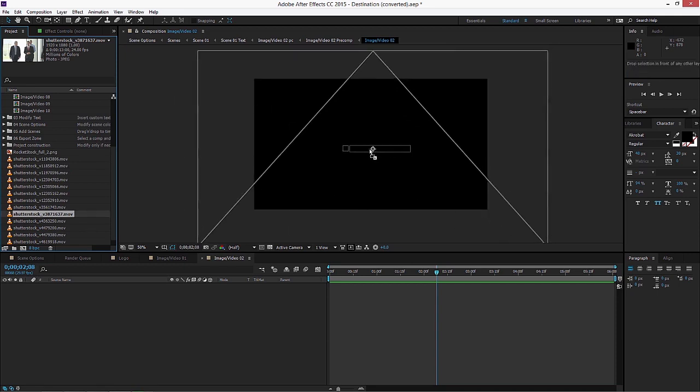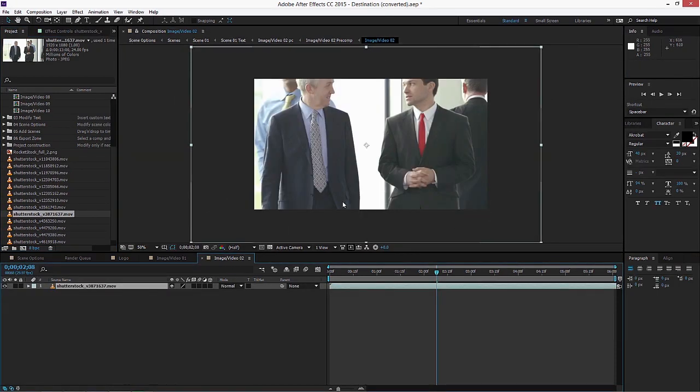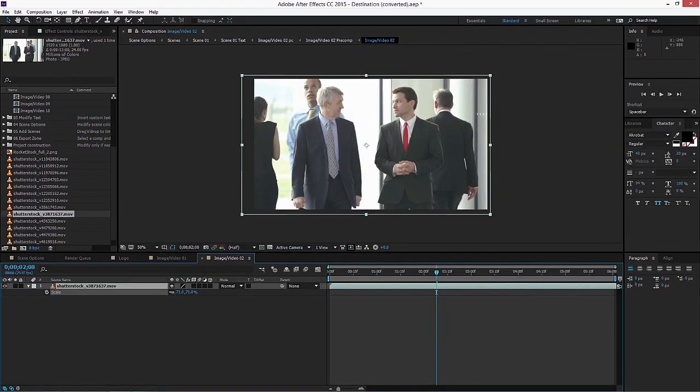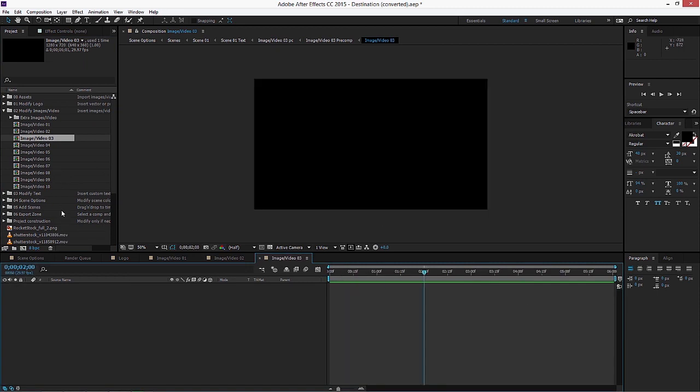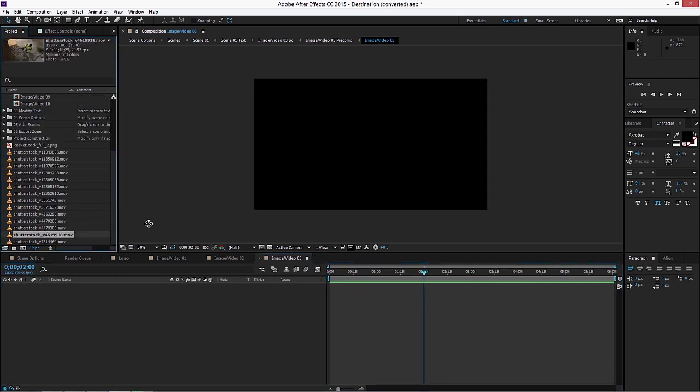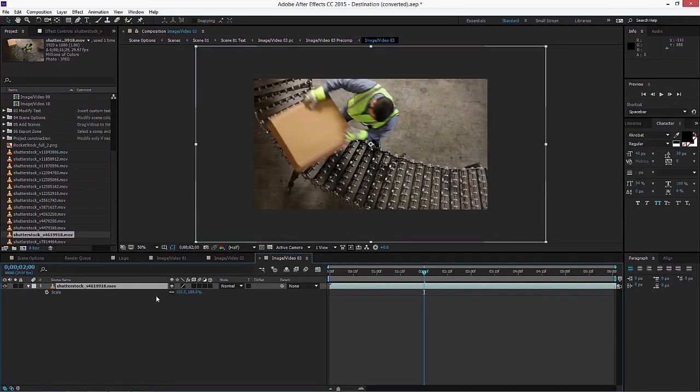Drag it in. And again, we're going to scale it down. It's fine. Let's do 1 or 2 more. Let's go to image and video 3, double click, move the playhead, grab some footage or image, bring it in, scale it down,